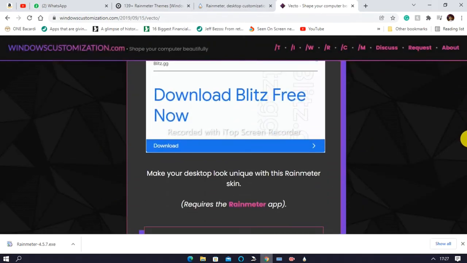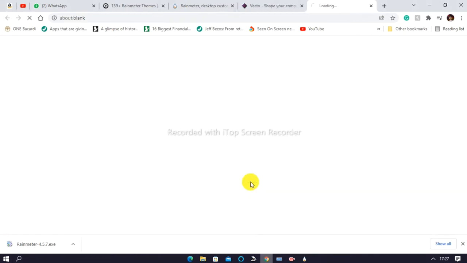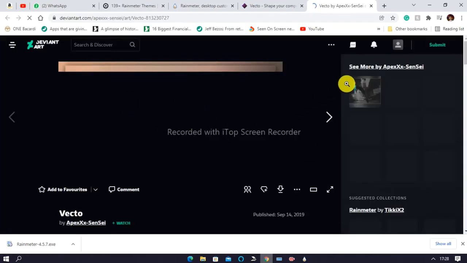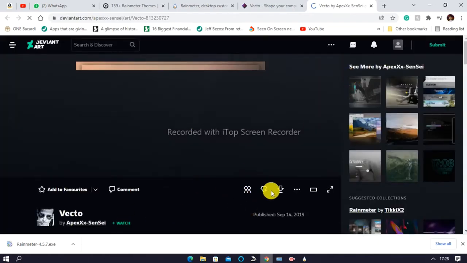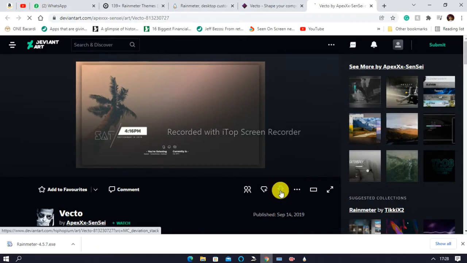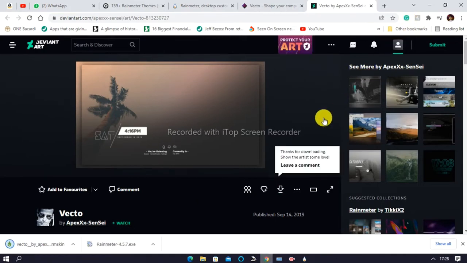Then we have to download it. It is the Anand skin. You can just log in up here.